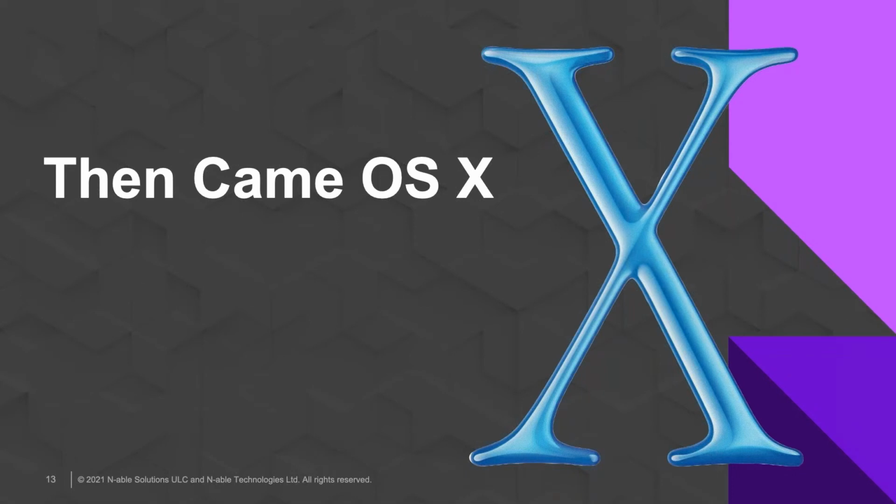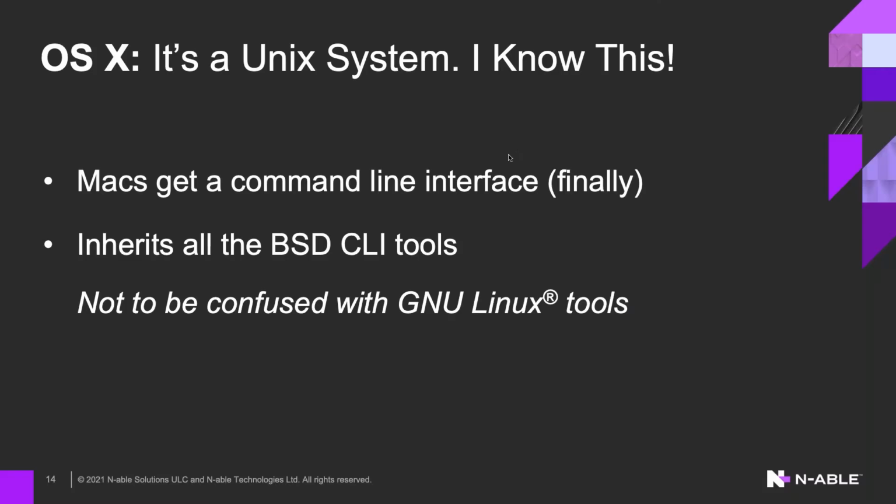Then along came OS X, and it is OS X, and Apple's even dropped the Roman numeral 10, so now it is just macOS. But when it first came out, OS X, oh hey, it's Unix. So we're going to do an overview of scripting today, and so the best way to get started for that is to learn Bash, or the shell, the command line.